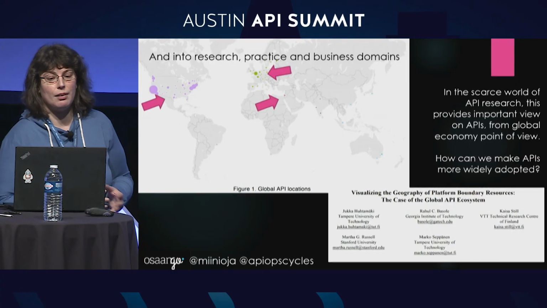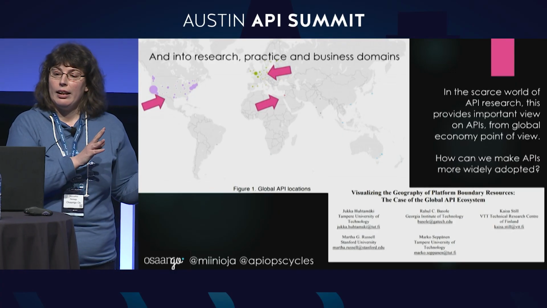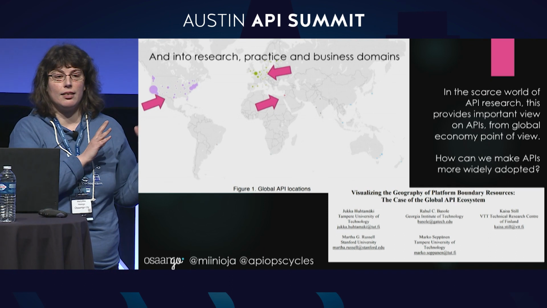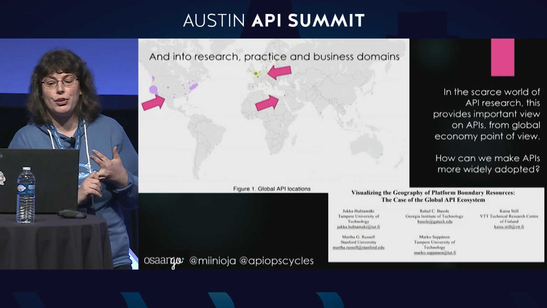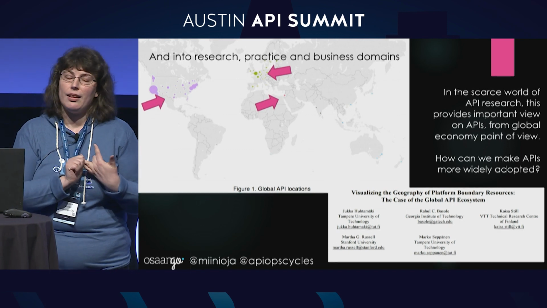And in IT, there had been a lot of methods, good and bad methods, but still methods. And everybody was talking about DevOps and Agile and ITIL and a lot of other acronyms, but there was no good method for APIs. And why is that important? Because if we combine this kind of practical approach, and then research and business domains, we end up with a